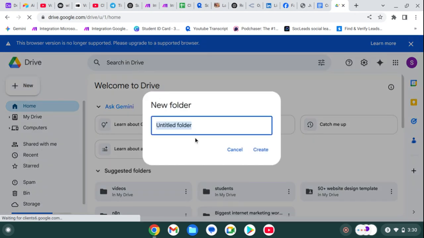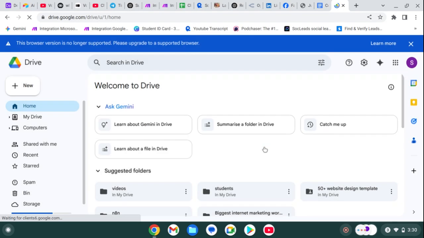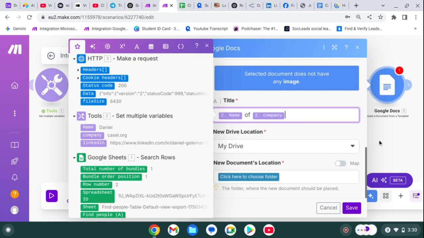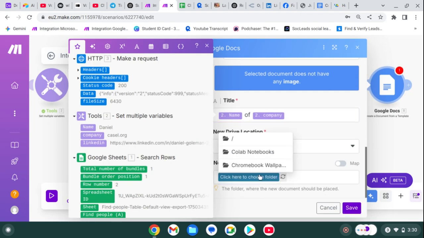I simply use cold mail. I simply save it as this. Click on create. Now go back to Make. Click on choose a folder and